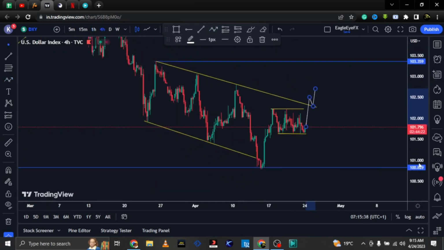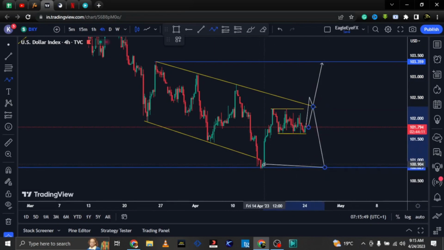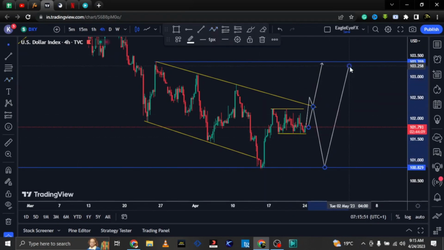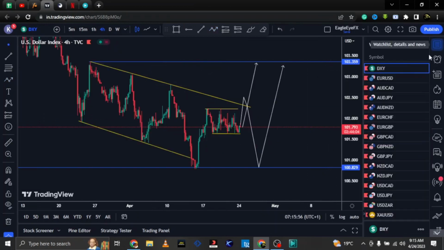Let me go to the 4-hour time frame, then you can see it. Yes, so we are either looking at that, or this market could come all the way to this level over here, then maybe come back here to give us a double bottom. Then we can see a push to the upside. So those are the two things we are looking at. So let's look at